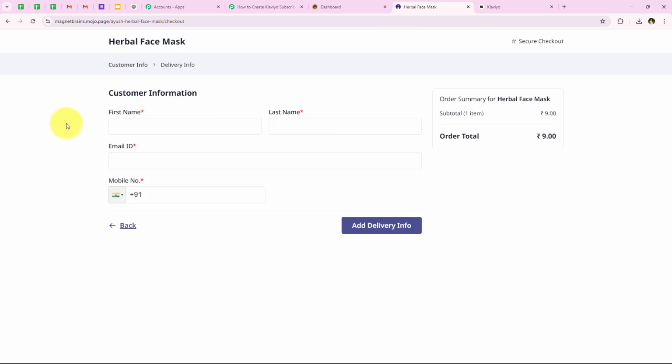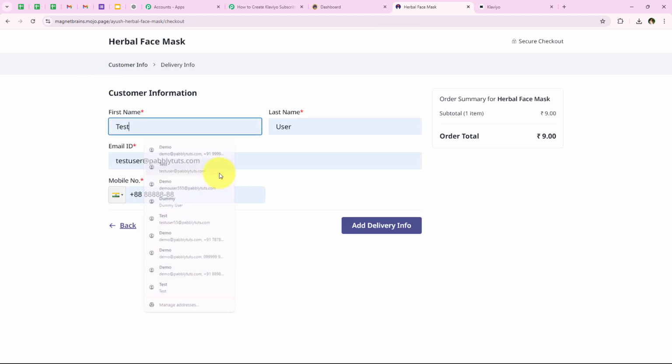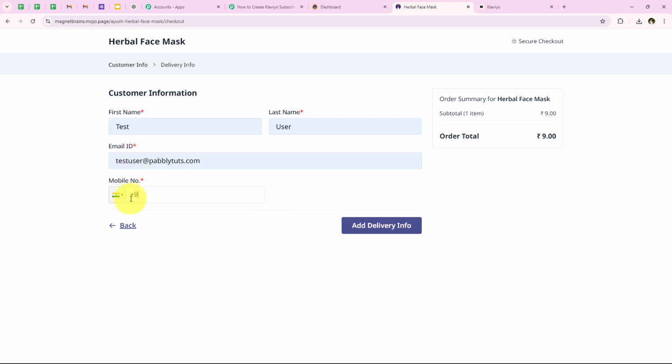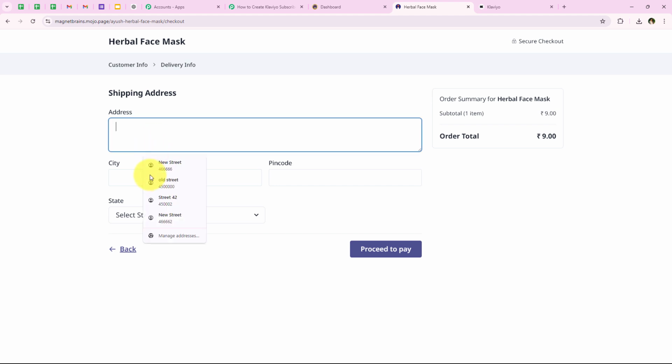So I'm going to click on pay now again, and now for the first name we are going to keep it as test, last name user, email as testuser@pabblytudes.com, and for the phone number I'm going to keep the phone number as this time. And now after entering all the details, we are going to click on add delivery information, and now for the